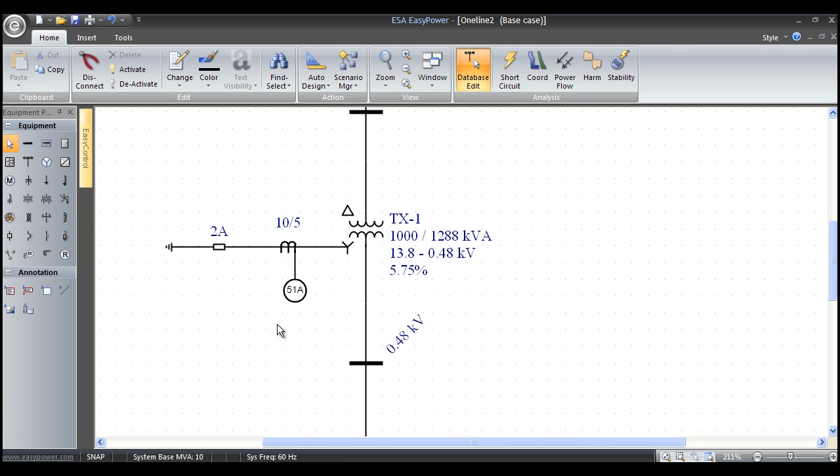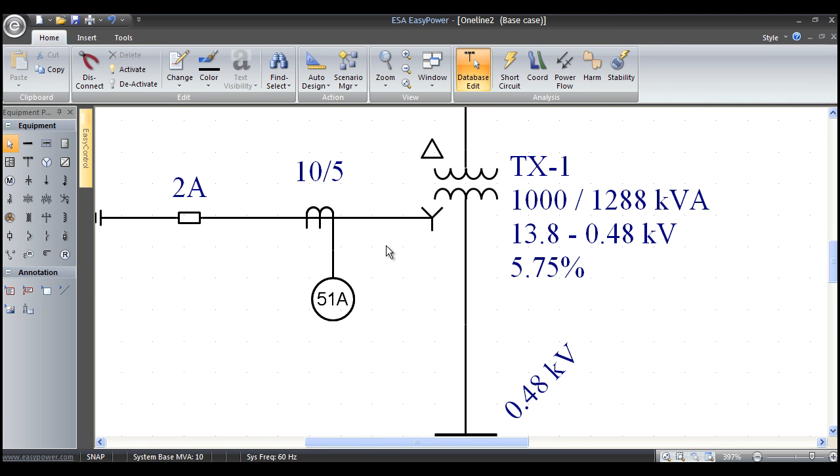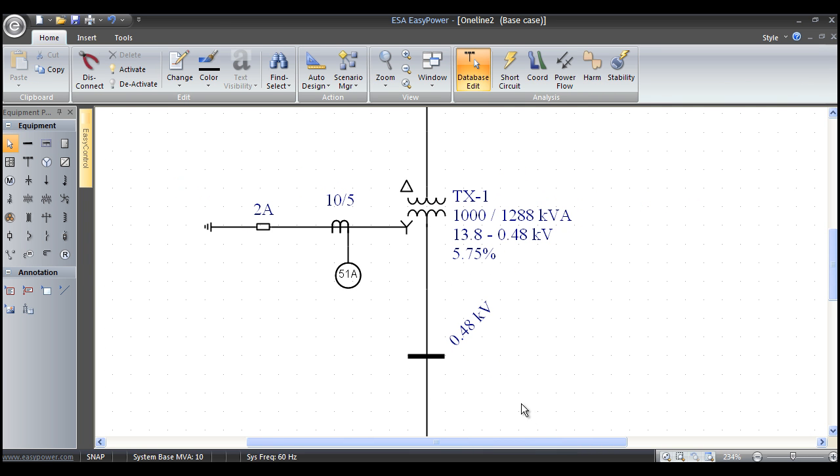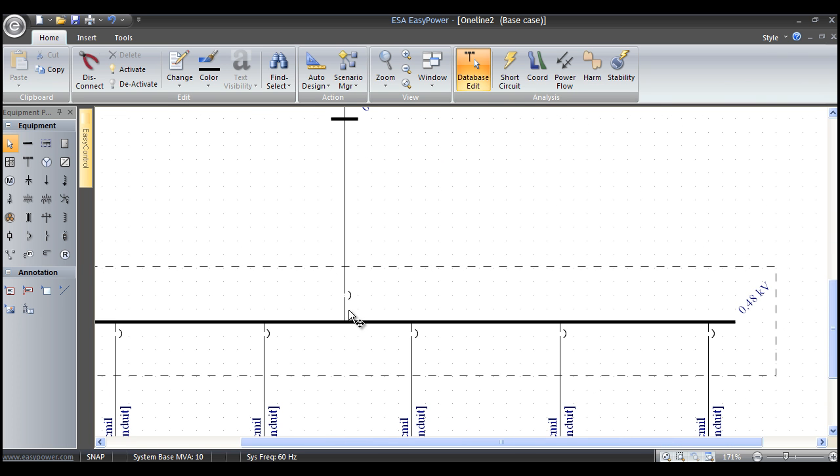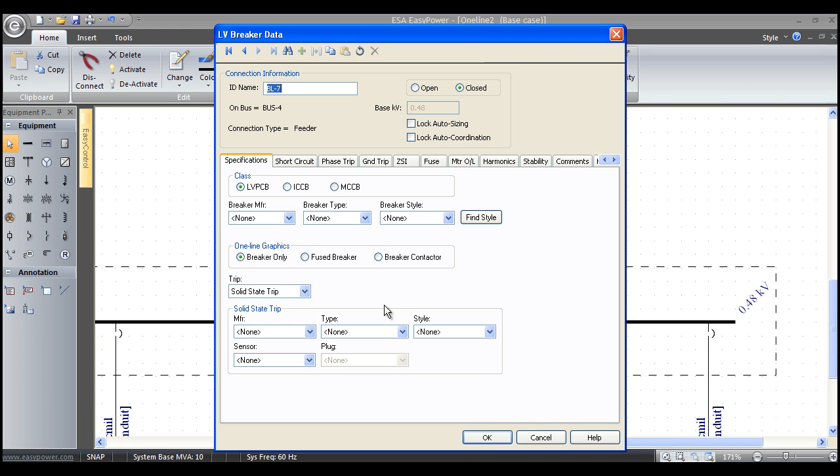But when I say OK, now I've got my high resistance grounding system for this transformer. Let's press our little roller. I'm going to move the page up to the secondary main breaker of this switchgear lineup. I'm going to left mouse double click on it, and you can see here is the data entry for this